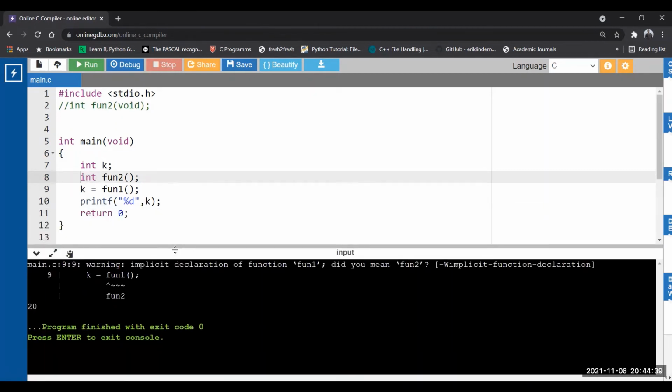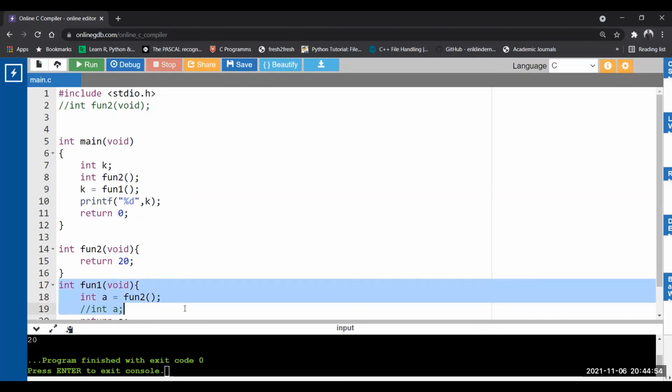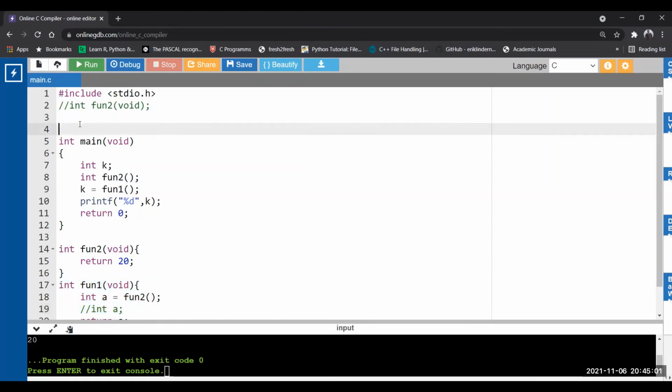So now see what it is telling. Implicit declaration of fun1. Let's see. Now fun2 is not there. Now it is saying implicit declaration of fun1. Now there is no error with fun2. We get the warning for fun1. Why? See, fun1 is defined after main. So what is the rule? If you define a function, it should be declared first. If you did not declare, the compiler will declare on behalf of you. It is only possible with the return type integer. If your function is a float type, it will not write any implicit declaration.